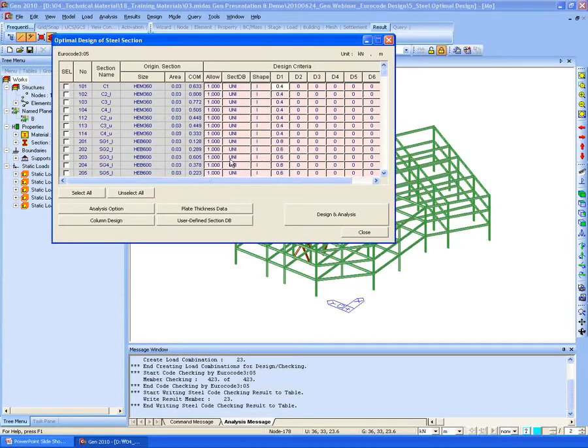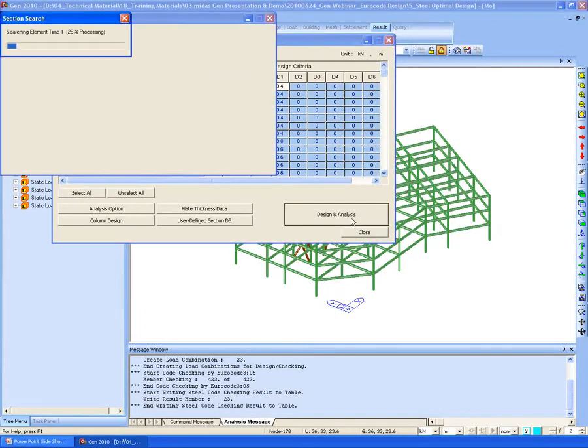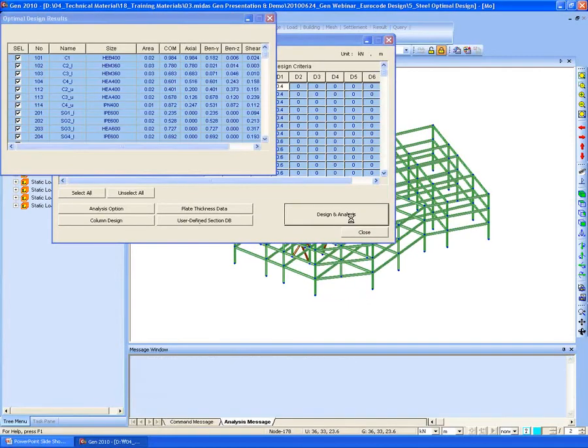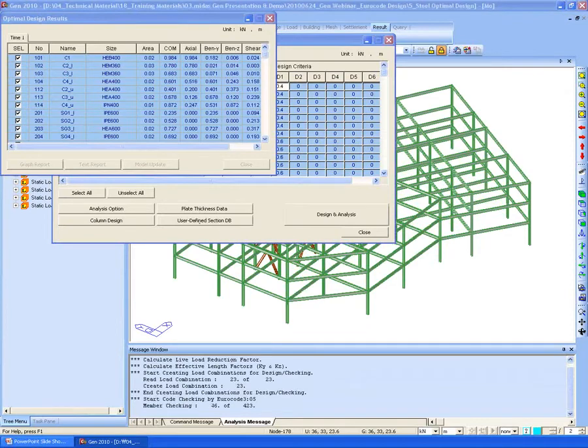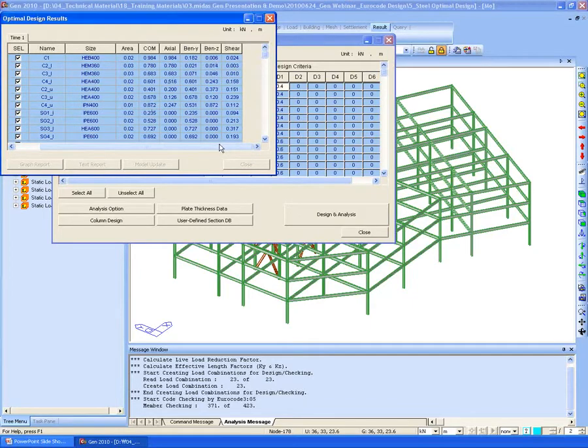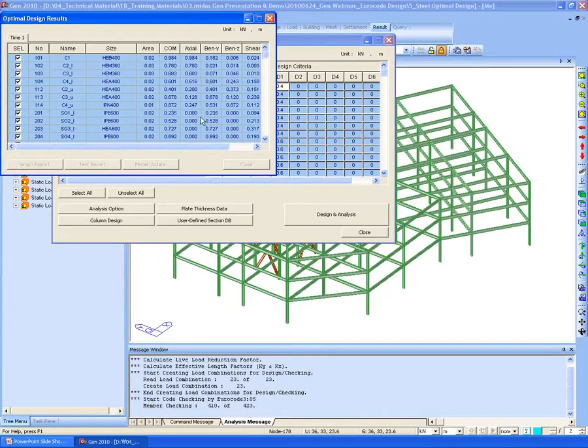I will check 3 times and perform the design and analysis. You can check its different times and the ratio for its different components.